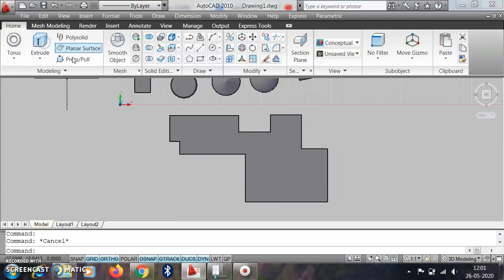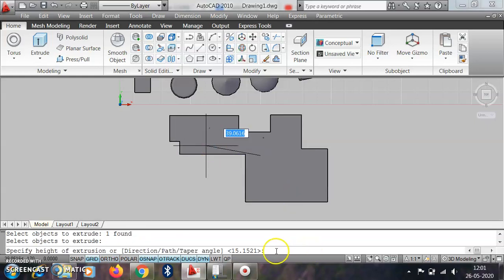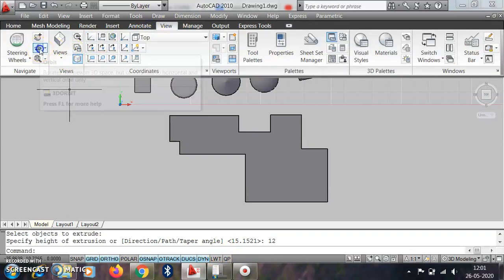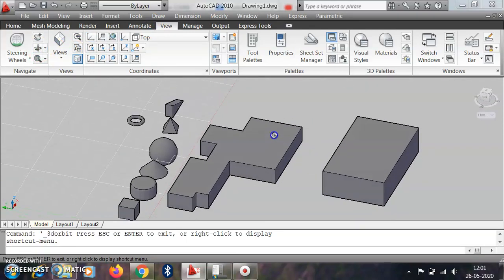So extrude, select the object, press enter, and then we have to mention the height. Suppose the height is 12, then it will be 12. If we go in orbit, we'll see the extruded part.